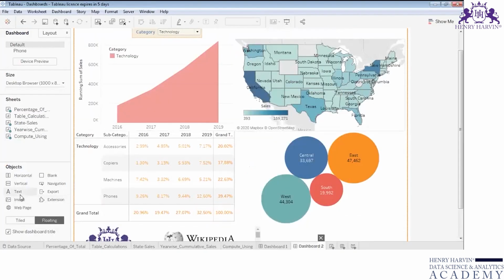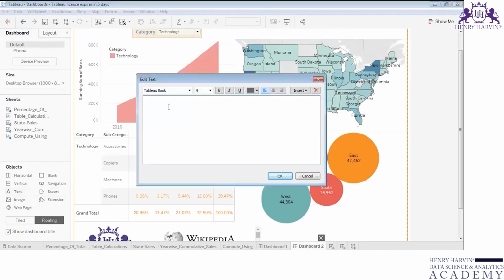part. Now I'll tell you how to add text in this dashboard. I'll double click on the text. If I would like to add a particular text in the dashboard to explain it in a better way, I can do that as well. So I can write a small summary, or maybe a text corresponding to a particular visualization, and I can place the text over here. I would like to write a text for the bubble chart I have created over here. So these are region wise profits shown in bubbles,